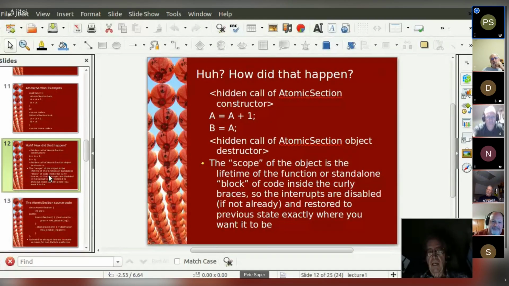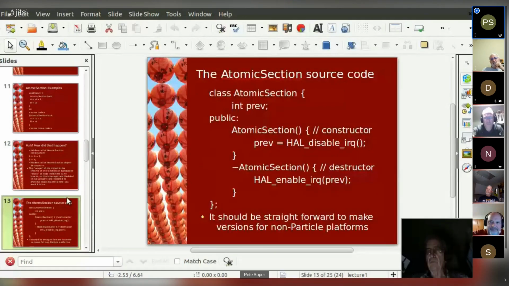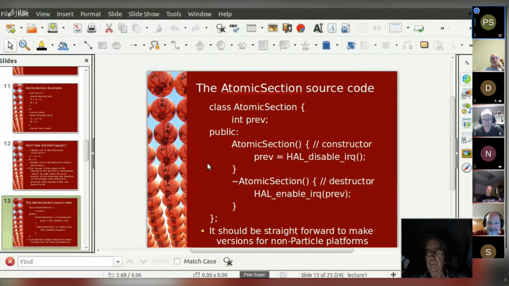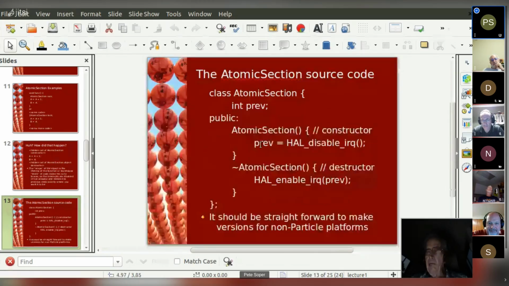So here is the code, the massively complex AtomicSection source code. As you can see, here is the constructor, and all it does is call this hardware abstraction layer routine to disable interrupts, but it returns the previous state, which is parked in this integer.